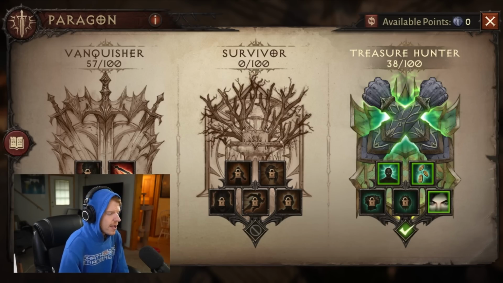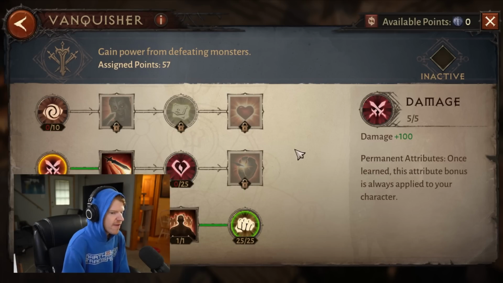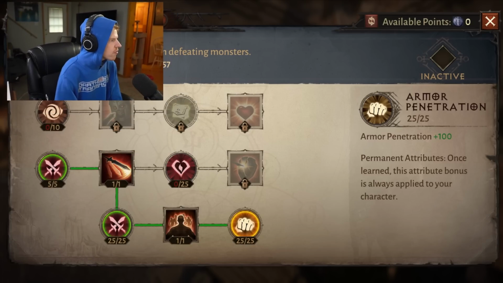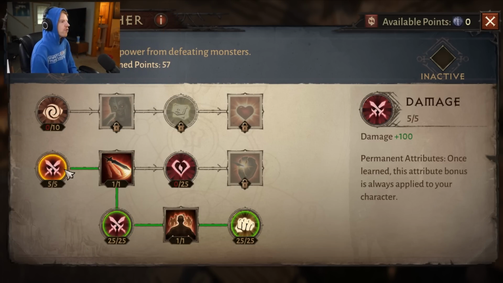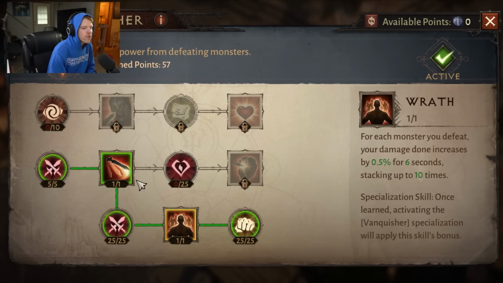Now for Paragon, I actually end up using an absolute maximum damage build. This is 57 points into Vanquisher. This is going to give you all 25 points of armor penetration. And I'm going to move my camera here so you can see this a little better. It's also going to give you your 25 points in damage and then 5 points in damage here. You can also activate this at any time to get these bonuses as well, which will help you in things